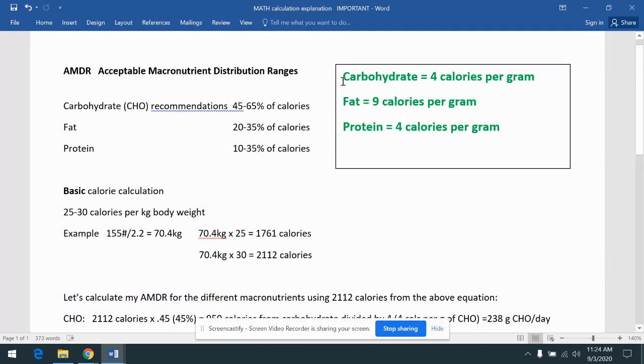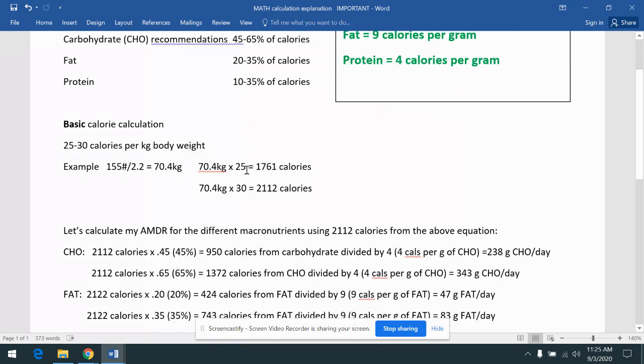Okay? Like your text outlined, carbohydrates provide 4 calories per gram, fat 9 calories per gram, and protein 4 calories per gram. So many students remember the 494 or 449. Just know that fat is over 2 times more calorically dense than carbohydrate and protein. Those are the nutrients that are providing energy versus the micronutrients, vitamins and minerals, which do not provide any energy